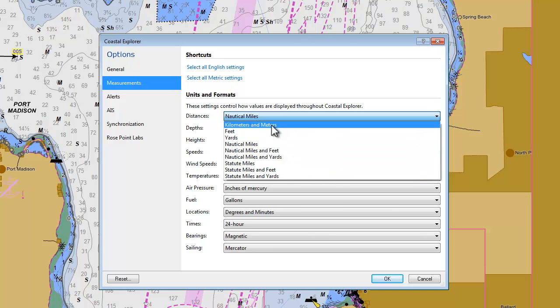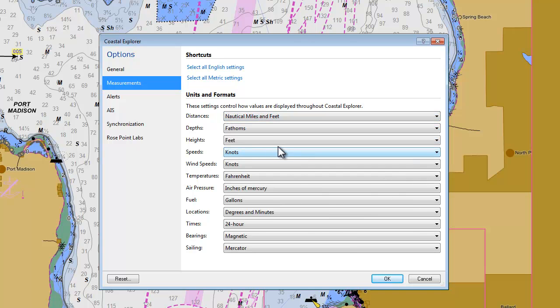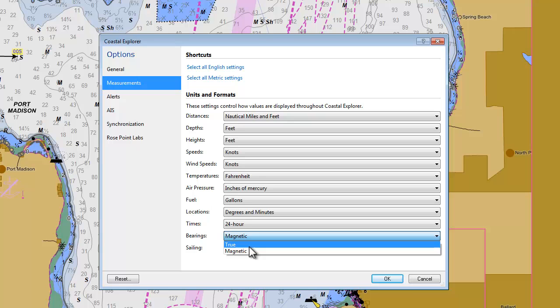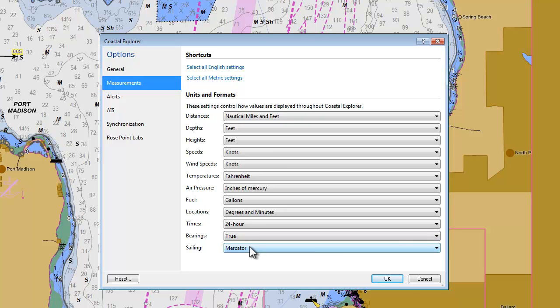I prefer to see my measurements in nautical miles and feet. I like to see my depths in feet, and I want to see my bearings in true, just as an example, whatever my choices are. I could click OK, and that would close this window, but I want to look at the next options setting, which is